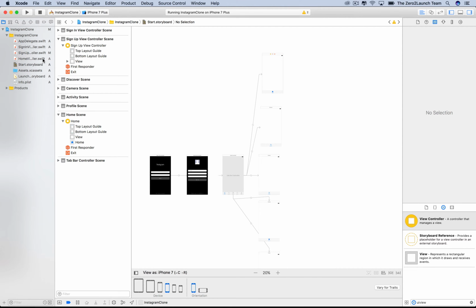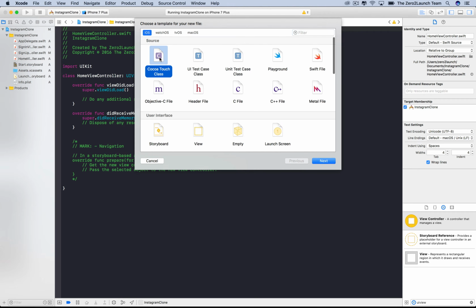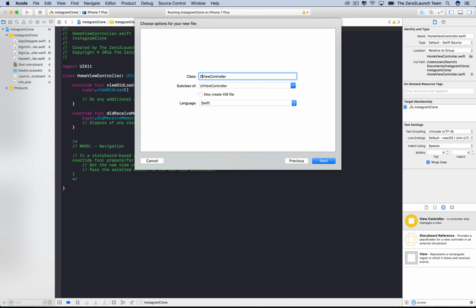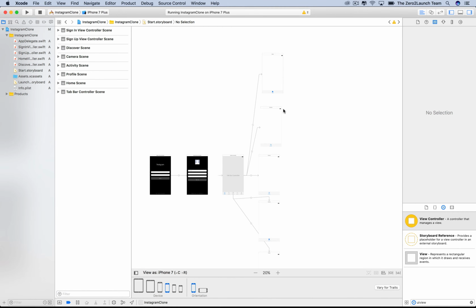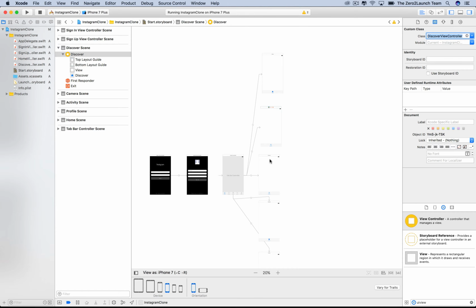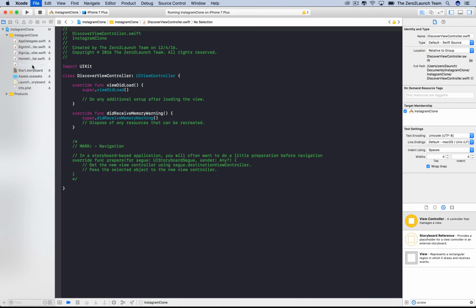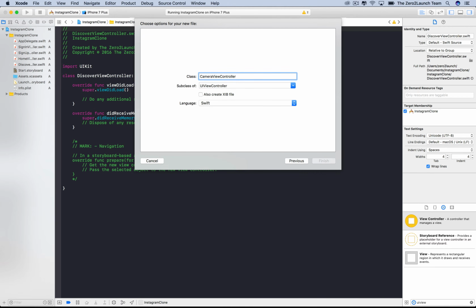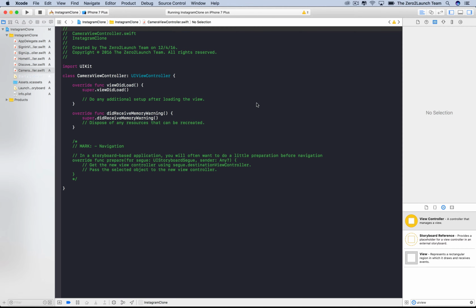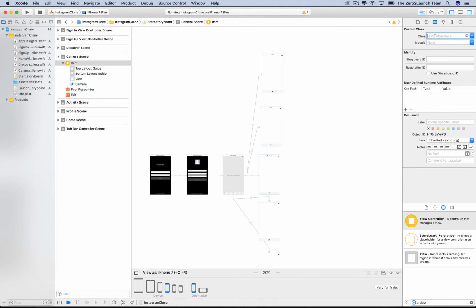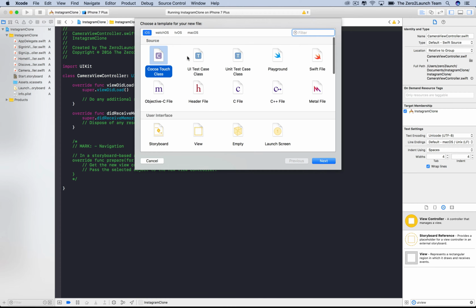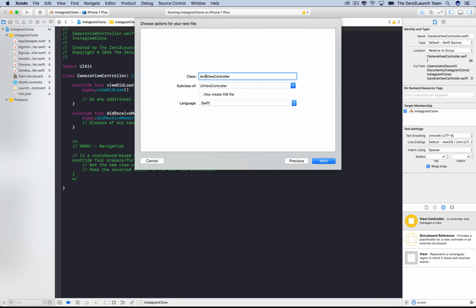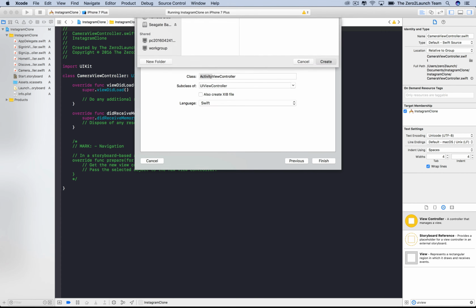Alright, great. Similarly, let's do the same thing for the next UI view controller. This is going to be the Discover View Controller for the search view. We use it to back the storyboard UI view controller. Our next UI view controller is the camera. So let's name the corresponding class Camera View Controller. Then go to the identity inspector of the storyboard Camera View Controller. Okay, the next one is Activity. Similarly, we name this new Cocoa Touch class Activity View Controller, and then use it to back the storyboard Activity